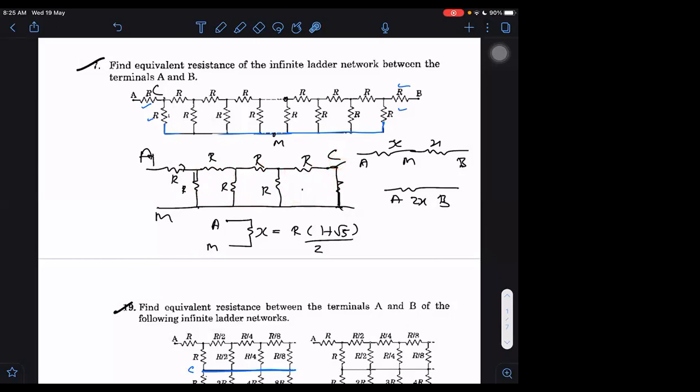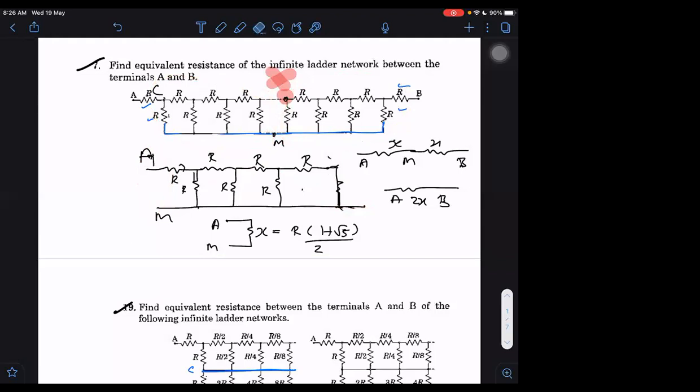It means if there is no current going to this side, I can just remove it from the middle. Main idea was this: I can remove it from the middle here. Once I'm able to remove it from the middle, I can separately take it as if it is one part instead of the second part, connected only through one side, that is the short circuit side. As if it is connected between these two short circuits and separately connected between these two short circuits. Therefore, I can solve it.